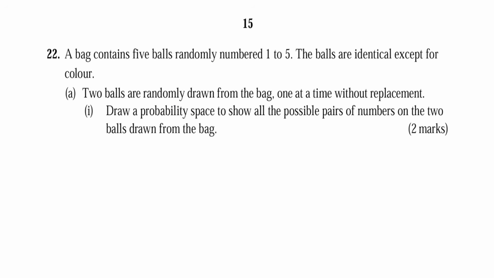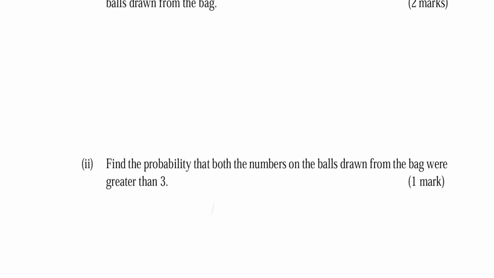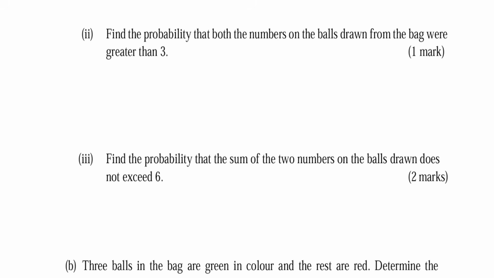Question 22, probability. A bag contains 5 balls randomly numbered 1 to 5. The balls are identical except for color. Question A, 2 balls are randomly drawn from the bag, one at a time, without replacement. Roman 1, draw a probability space to show all the possible pairs of numbers on the 2 balls drawn from the bag. Roman 2, find the probability that both the numbers on the balls drawn from the bag were greater than 3. And Roman 3, find the probability that the sum of the 2 numbers on the balls drawn does